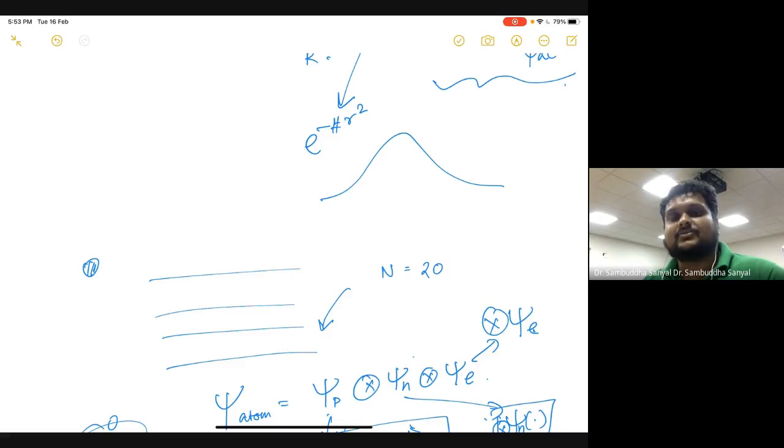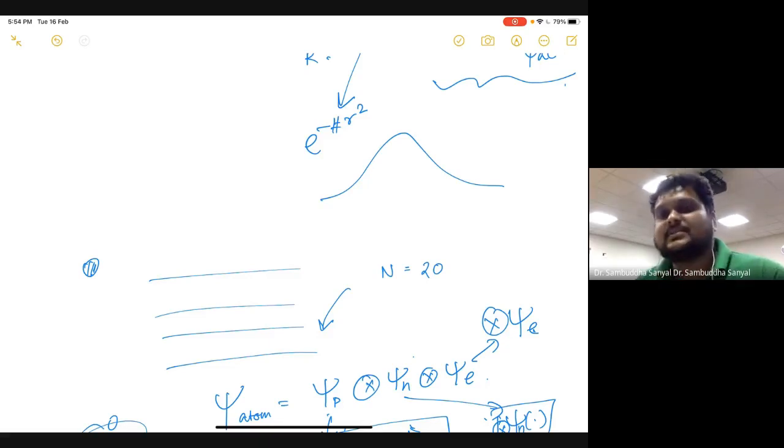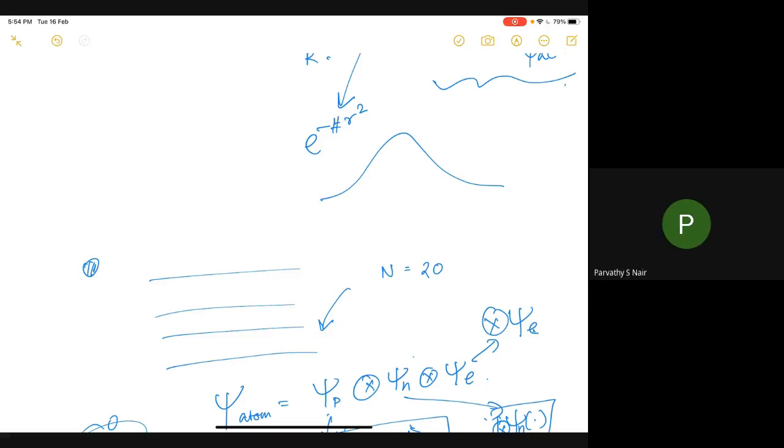Para hydrogen, ortho hydrogen. What is it? Let me just Google it. Para hydrogen, what is the spin of that? Para hydrogen is the spin isomer of hydrogen. So this is true. You can add all of them and you will get these things. Oh, this is molecular hydrogen. But anyway, that is different.